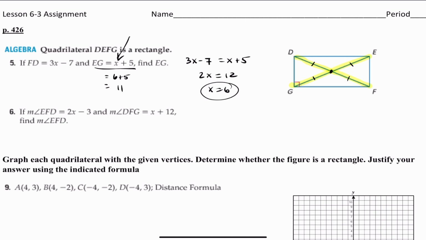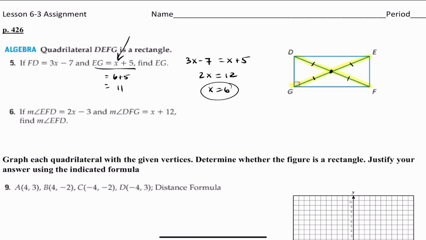If the measure of angle, sorry, that's not EFD. EFD is 2x minus 3. Okay, and DFG is x plus 12. Find the measure of angle